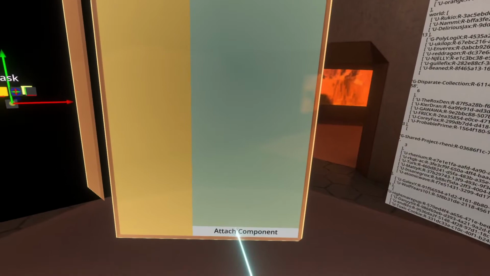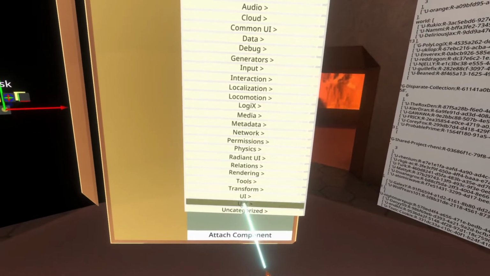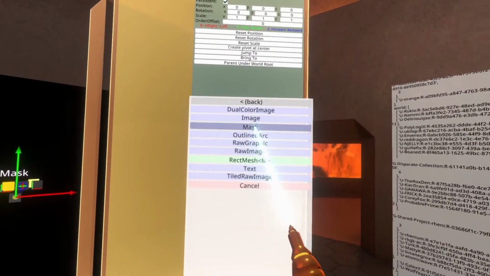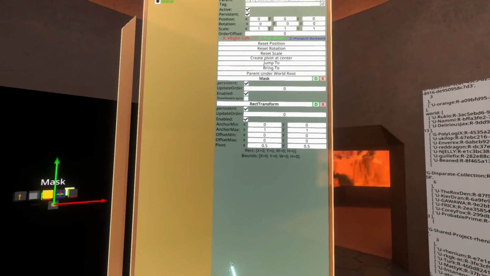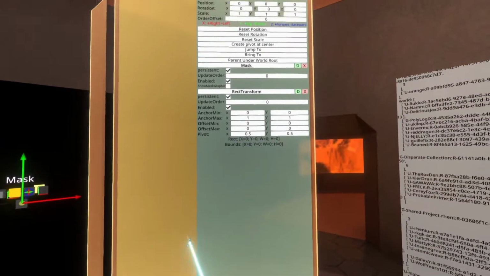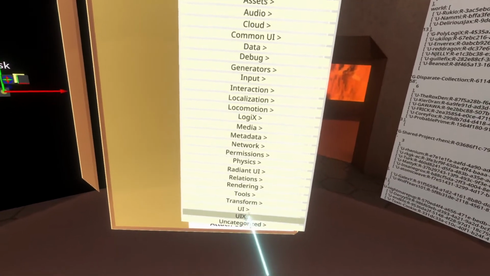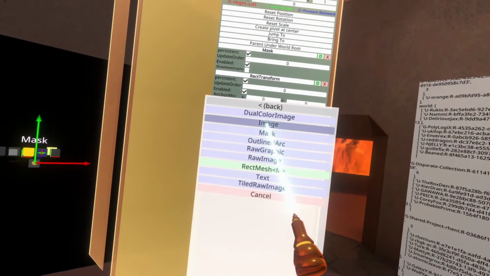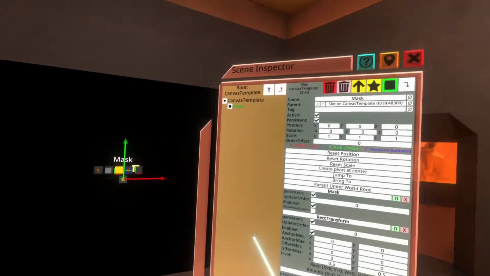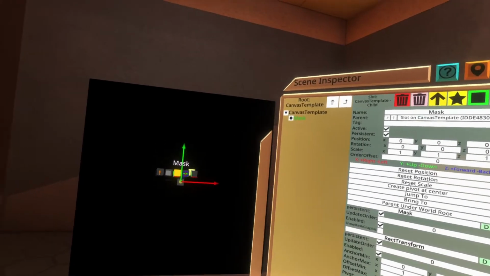So let's go ahead and attach component, UIX, graphics, mask. That'll add the mask component. To show you how it works though, I'm also going to add an image component to this mask slot. So I'm going to go to attach component, UIX graphics image. And we'll leave that as white because it will show a visual difference between the canvas template behind it, which